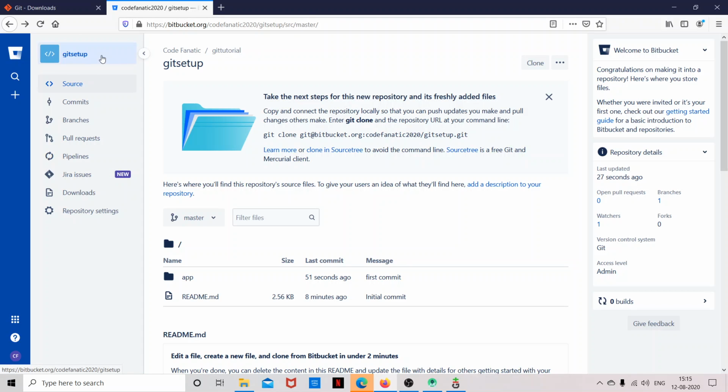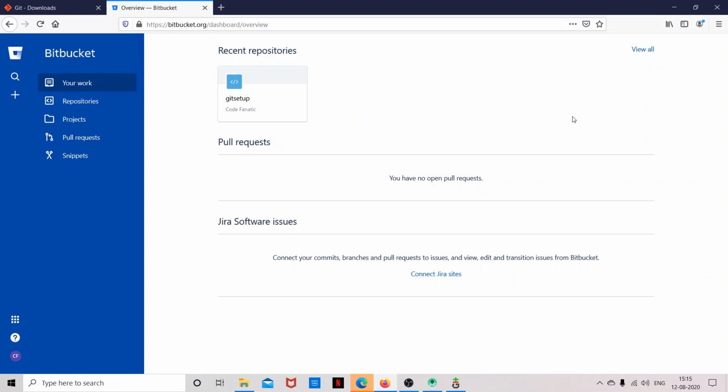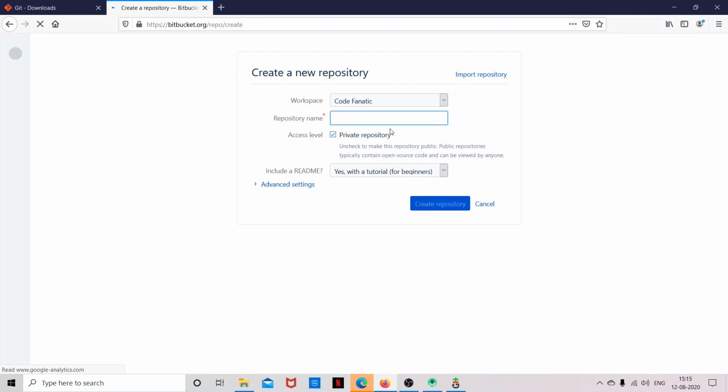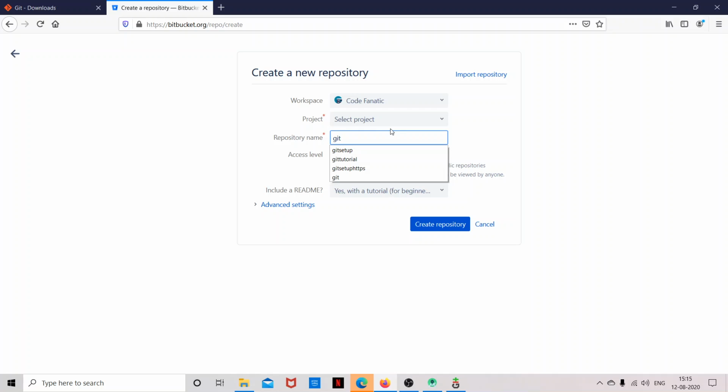So I'll go back to my Git setup main page, and here I'm going to create a new repository. You can give any name. I'm going to give it HTTPS.